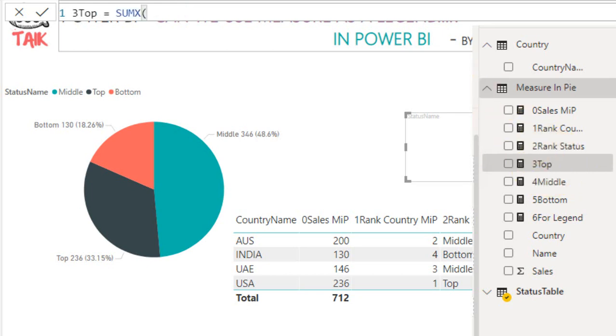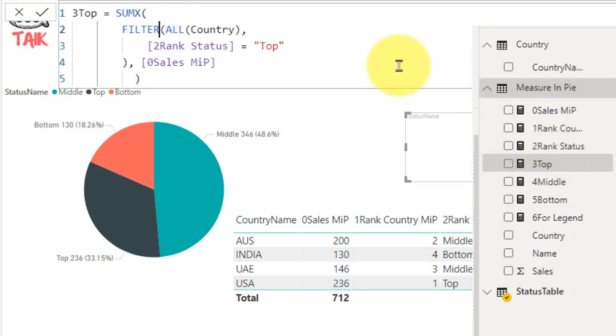If you look at this measure here, for this top one, I am using the filter function and then removing all the filters available on the country table, and then applying the rank status is equal to top. If it is there, then show me the sum of value. In the same way,